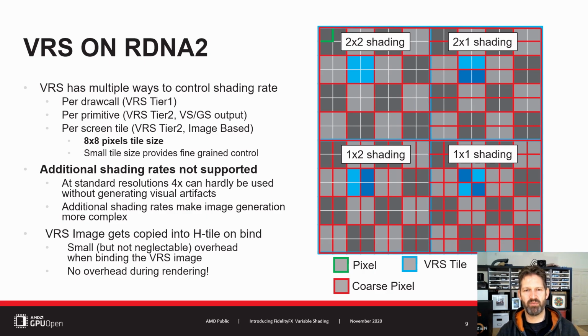Finally, and this is the option I found most useful to integrate, it is possible to generate an R8 image defining in screen space which shading rate should be used on a per tile basis. On RDNA2 based hardware, one tile means an 8x8 pixel region, which is very fine-grained and allows very detailed control over which shading rate to use. The advantage of this is that this way the shading rate can be modified even within a primitive based on factors like are some pixels in dark shadow, will they get blurred, distorted by refraction or blended with a particle system or the UI, so using reduced shading rate won't be noticeable.